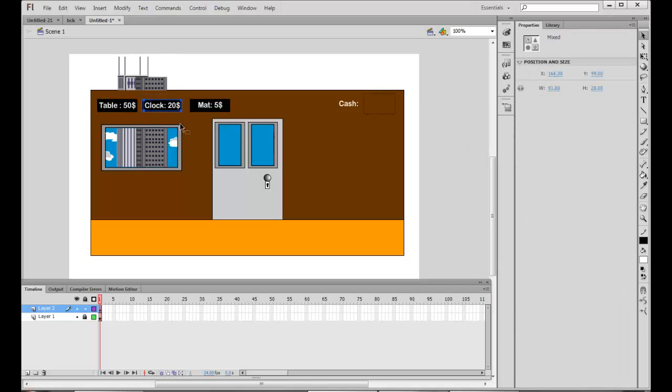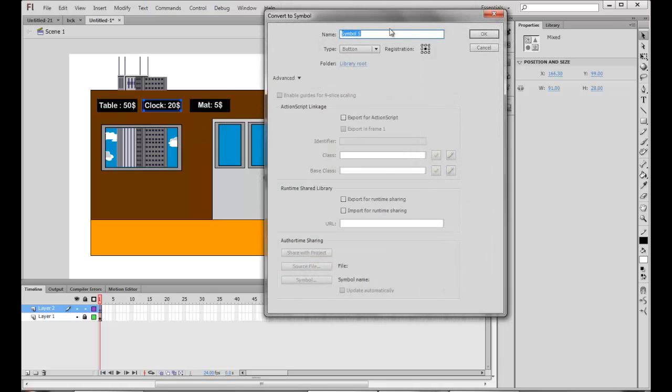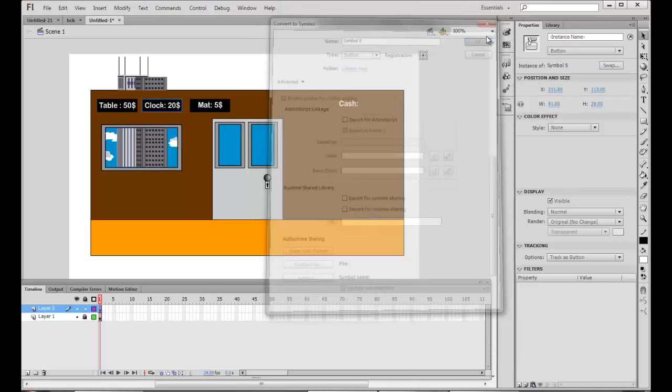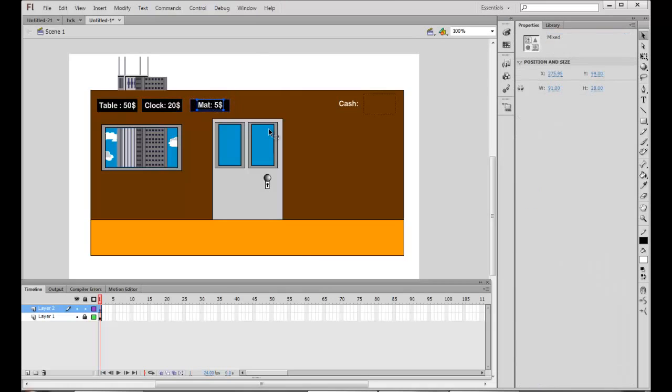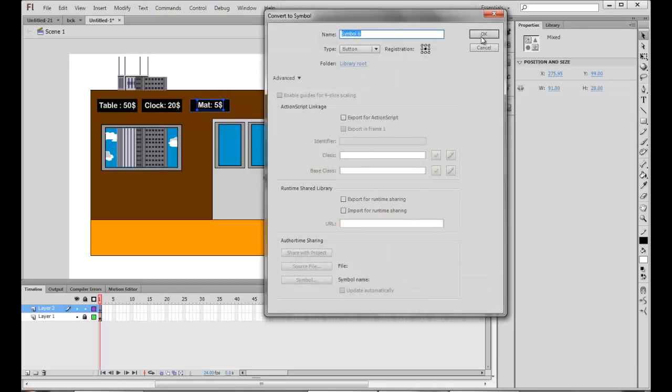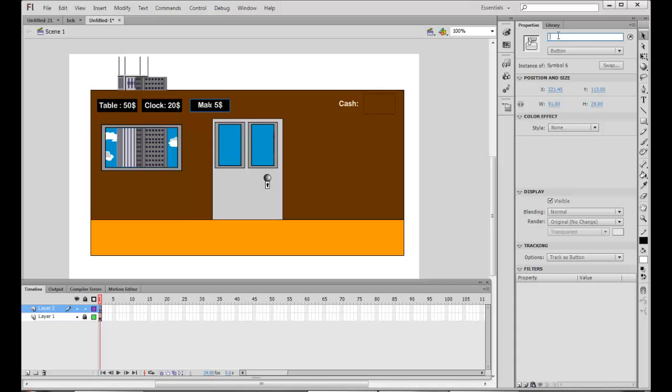Similarly, I'll select the clock and press F8. It's also a button. I'll call it C button. And again for the mat, F8. OK. And it's an M button.